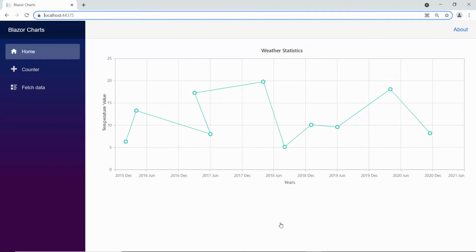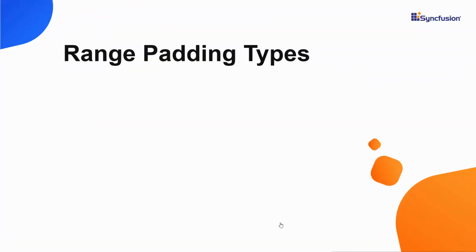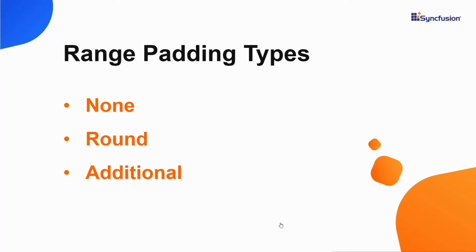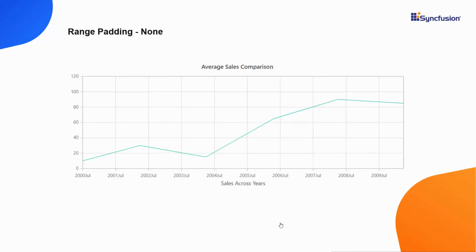Next, I will move on to another property, range padding. Range padding means applying padding to the minimum and maximum extremes of the axis. In the datetime axis, there are 3 types of padding to choose from: none, round, and additional. In the first